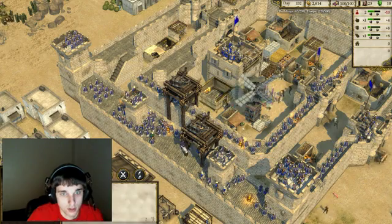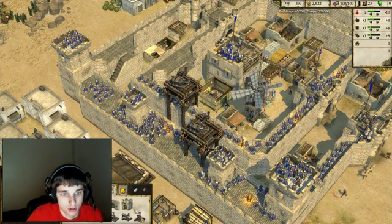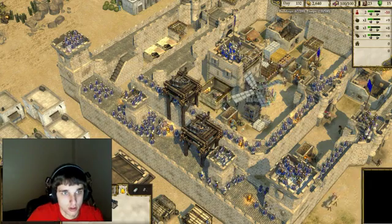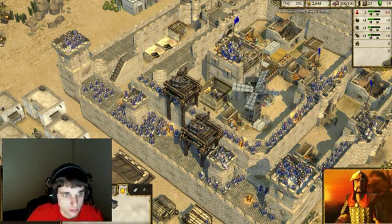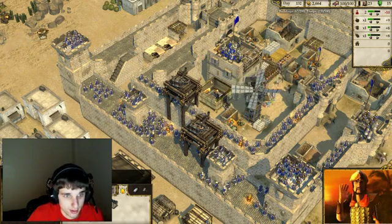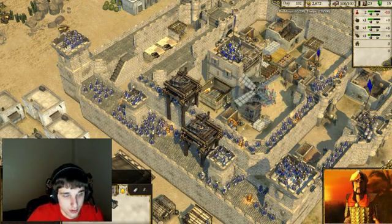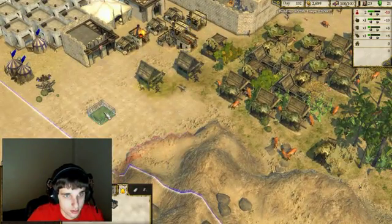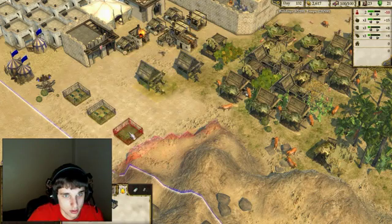Yeah, and you still have your fire. I can still put my little fire thingies up there. Oh, Saladin's about to attack. You have a barricade. You have a trap. You have your dogs. I think I'm gonna...